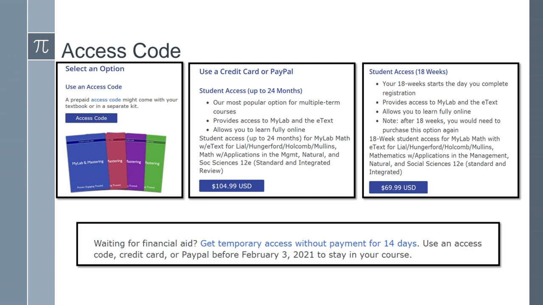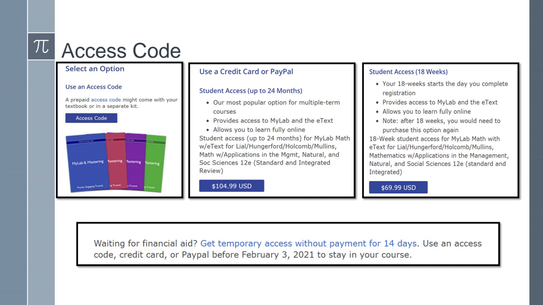Okay, so let me emphasize, this semester MyMathLab for 1324 students has something that's called first day access. What first day access means is that you no longer have to purchase the code via your credit card or PayPal or anything like that. You don't have to go to the bookstore and buy your access and the book. Now, when you register for your class, you've already paid for this access code. Okay, so we have to be careful. Your access code, whether it's a face-to-face class or an online class, you're gonna find under your Blackboard course page.